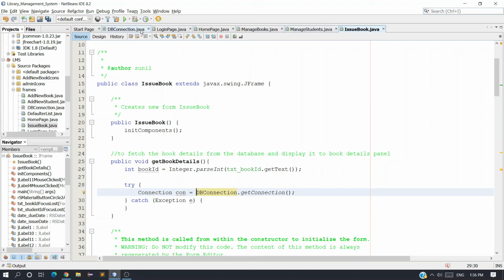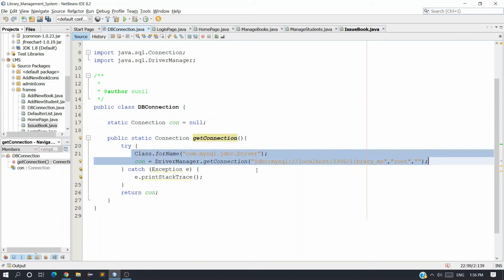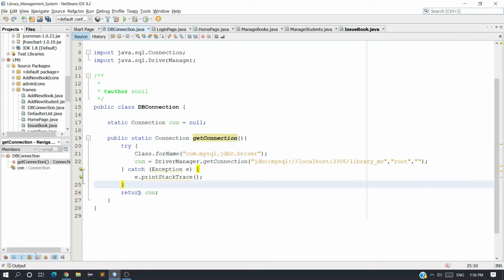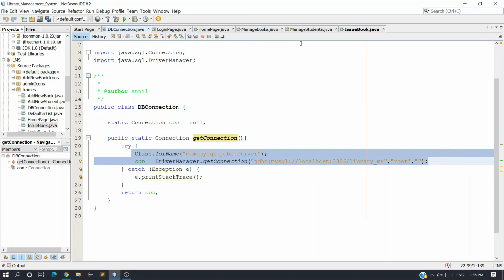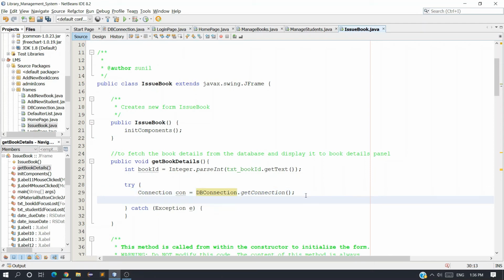I have already created a class DBConnection where I have created this method. Inside this method we are writing the code to communicate with the database, and it's returning a connection object. You can write these 2 lines also in this method, but to look good I have created another class. You can follow this method also.